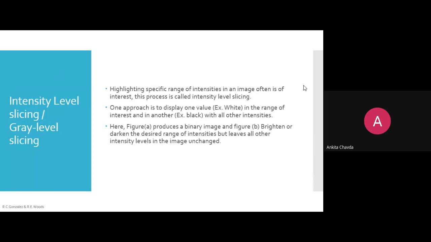But in some cases we are just making everything dark or bright, so it would be a black and white image, right? No, because where we are not interested, we will keep it black, and where we are interested, we will make it white or some bright color, very light gray or white, right?